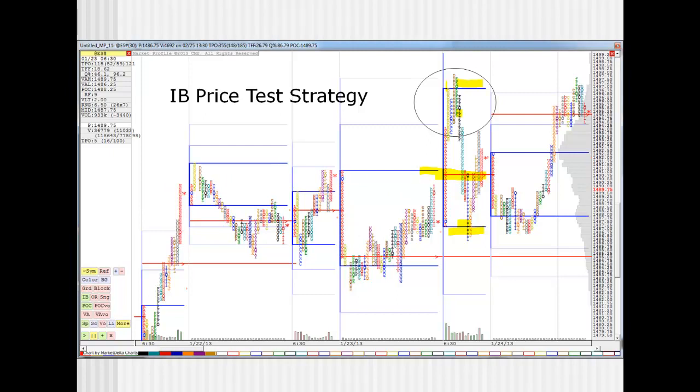What happens to price when it gets to an IB level and it tests that IB level, and at what point do you come in and realize that the two tests have failed and it's time to take a directional trade based on behavior of price vis-a-vis the initial balance parameter, be it an initial balance high, an initial balance low,